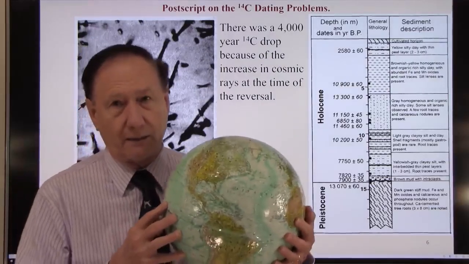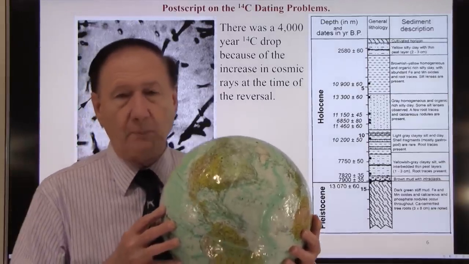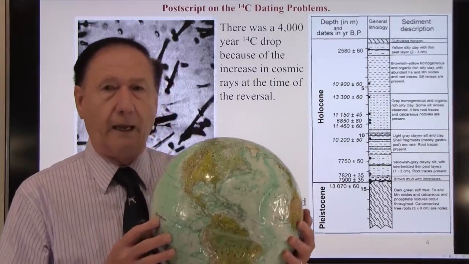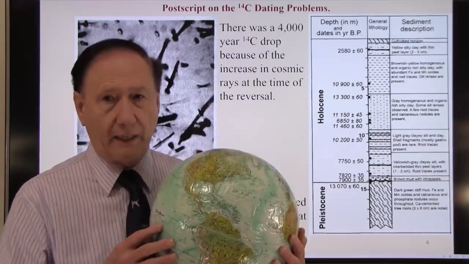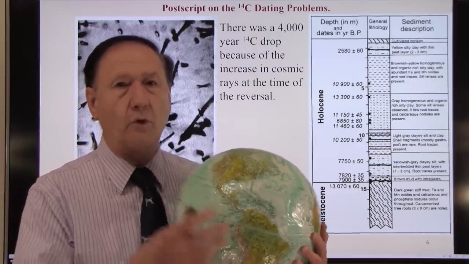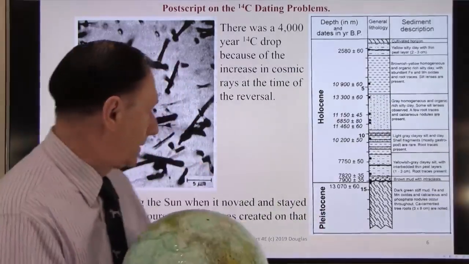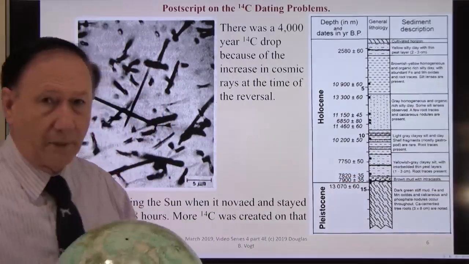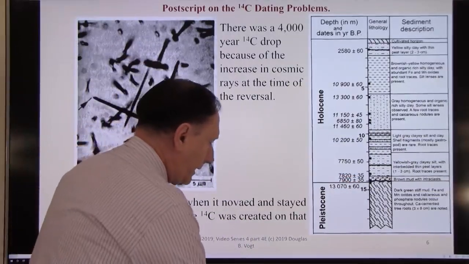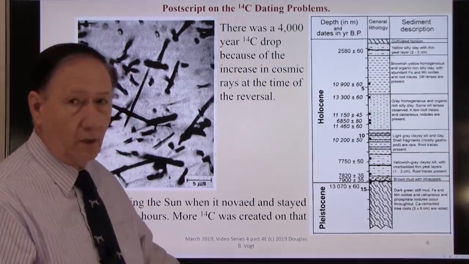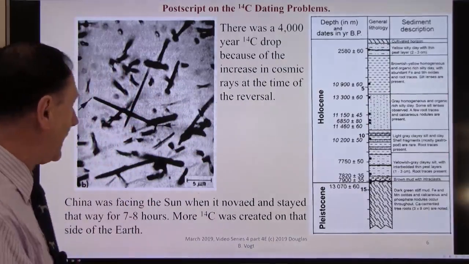So you see, when I'm trying to teach you, it's a complicated process. You have to know what side of the Earth is facing when it novaed, and then you know 17, 18 hours later, you're going to have some of that newly created carbon-14 move to the front side. Not all of it, obviously, because look what happened here. This is really dramatic. But that may be one way of telling, maybe the best way of telling, what side of the Earth was facing the sun when it novaed last. There's got to be a pattern to it.